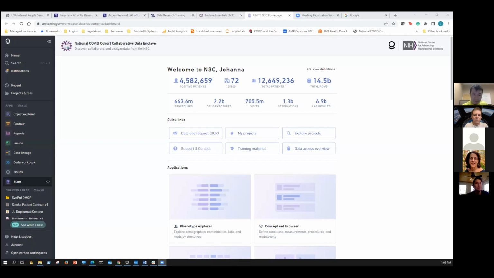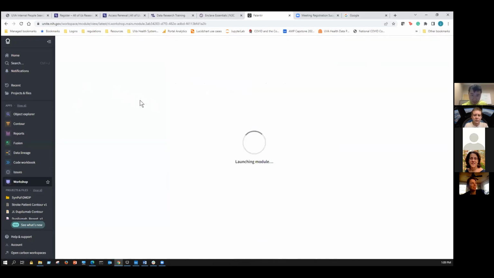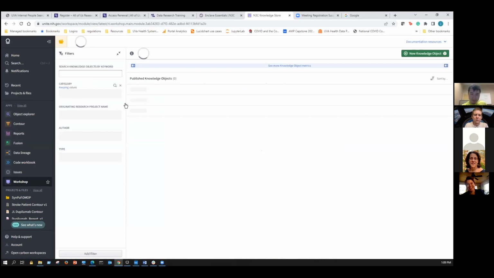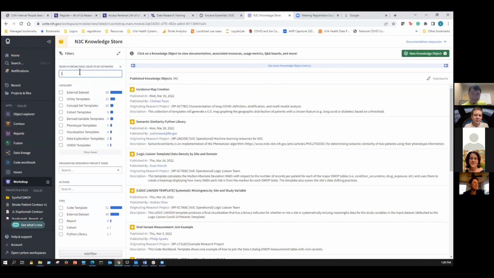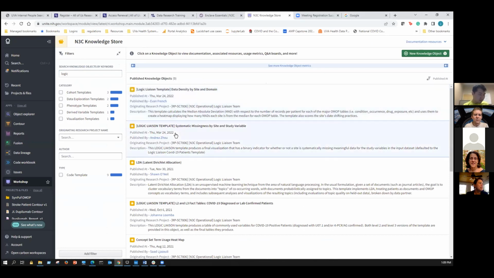And to get to the fact tables that use those, I'll just share my screen. You seeing the enclave here? So you come to the knowledge store. The fastest way to find us is to type logic, and if you can spell liaison, liaison. But you can just search on logic and you'll find our templates usually. And so the main fact tables are here. These are for level 2 and level 3 DURs. So if you open this,